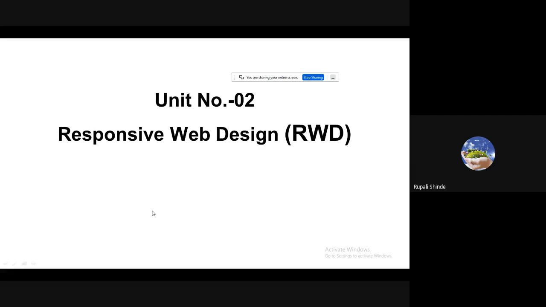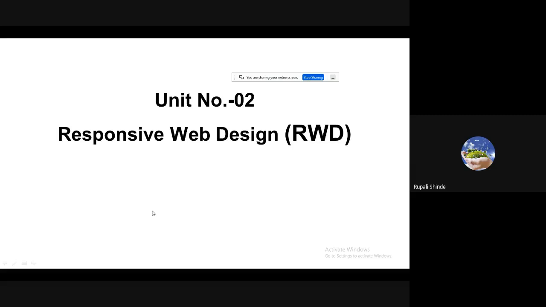Okay, it is the second unit, that is responsive web design. Now it is a little bit different concept. Responsive web design means that in previous days we executed our websites or web applications only on a desktop computer or laptop. Nowadays we open web applications or websites on mobile phones, or on a tablet or desktop. The desktop is the normal way, but nowadays we open web pages and websites on the mobile phone.